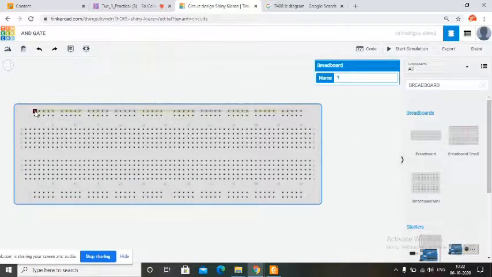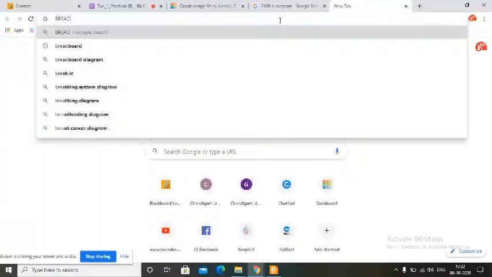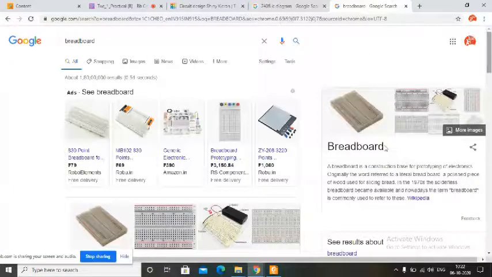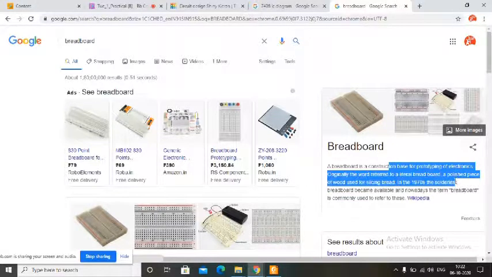and if you put the cursor on any of the dots, there are so many dots, right? Now, do you know what a breadboard basically is? Not very much. Okay, so a breadboard is basically used to assemble all the components, right? Do you have knowledge of all the individual components? If you go by the dictionary meaning, a breadboard is a construction base for prototyping of electronics, right?